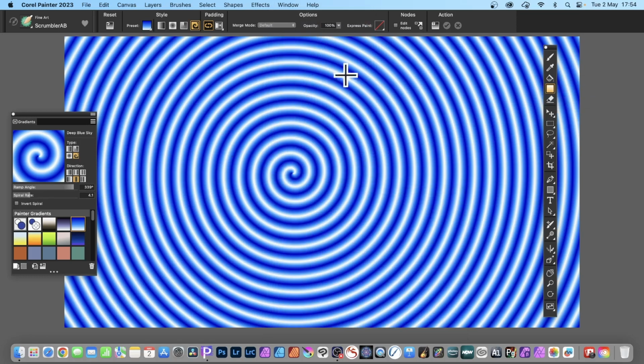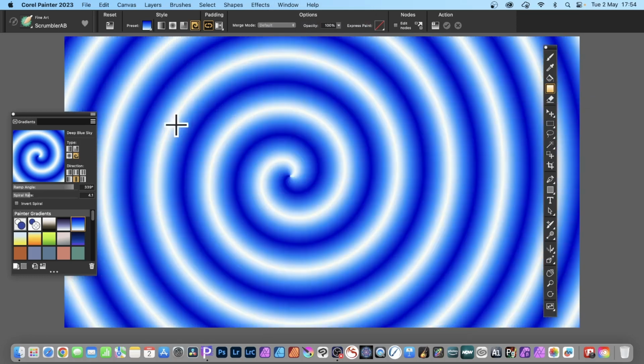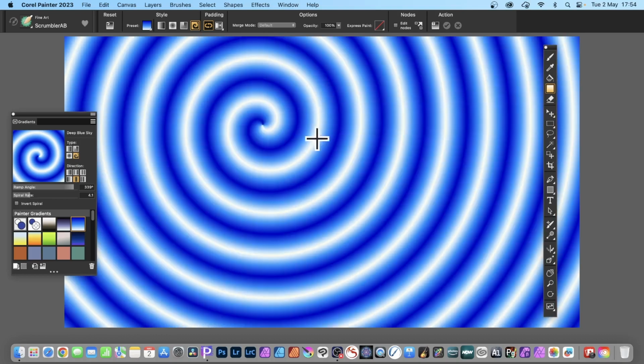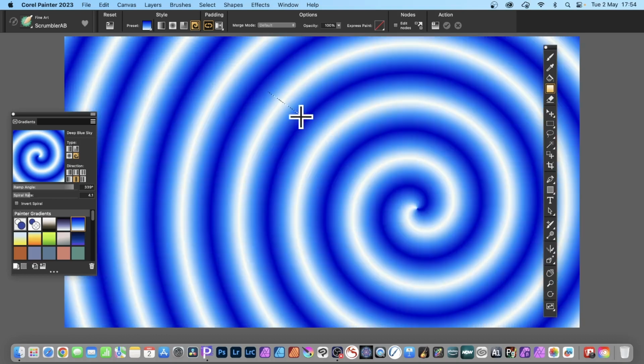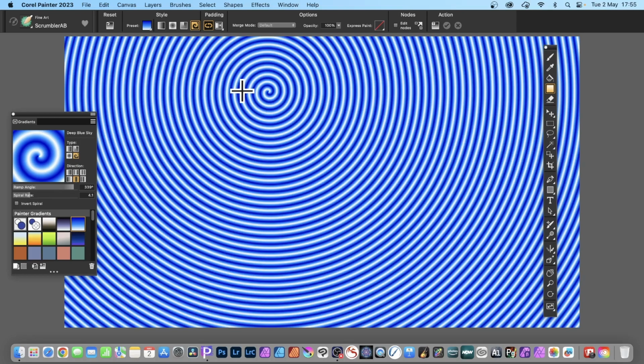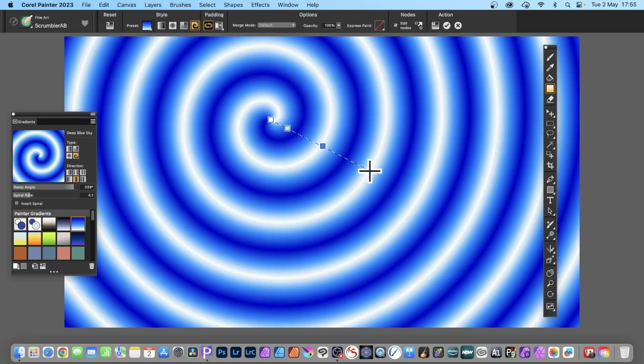Now if I apply it at the moment, you can see what happens. Just apply it like that. You can vary it, just change the position, origin point, as well as the length to create all kinds of different spirals. By default, this option is turned on, Edit Nodes. And if you apply it, it's an interactive feature, which means you end up with these stops and you can